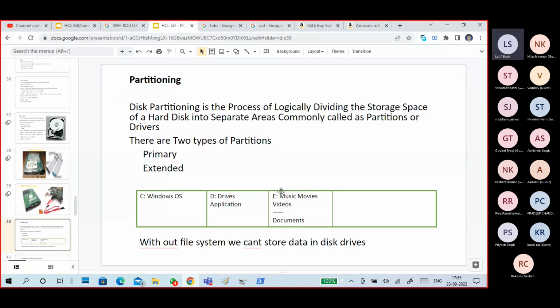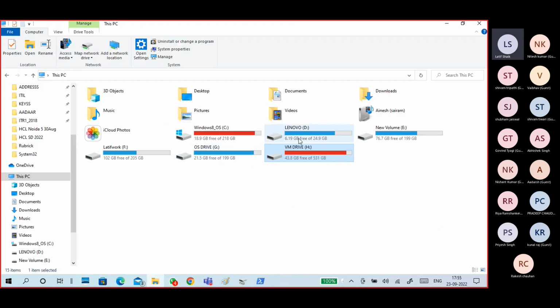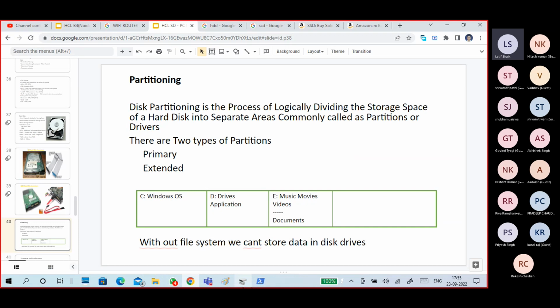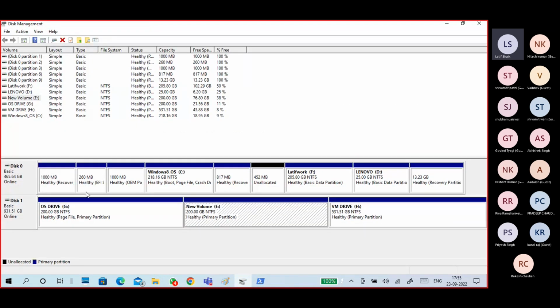So don't worry. My point is to show how partitions look and how partitions are really shown on the screen in disk management. And this is an MBR type of hard disk. That's why we are getting this. MBR or GPT does not depend upon the hard disk, guys. It only depends upon